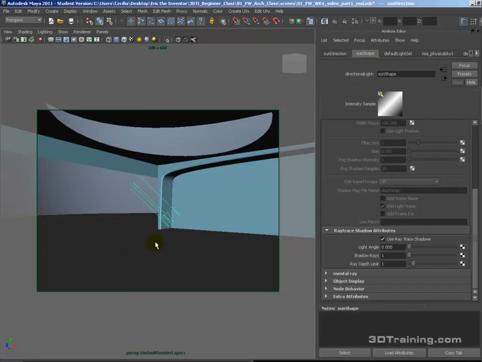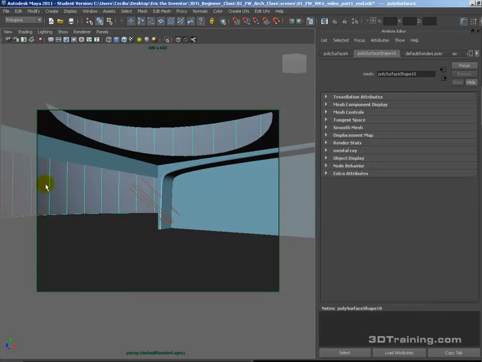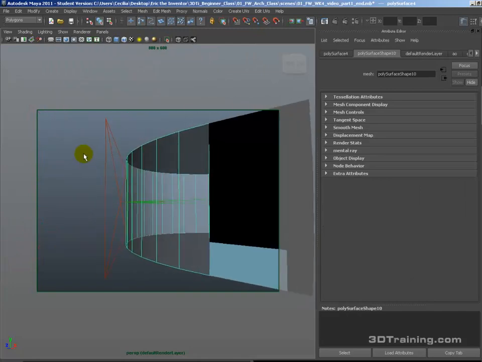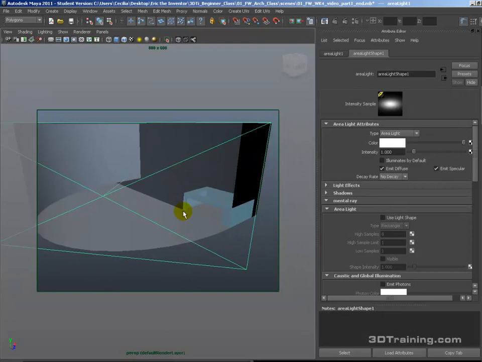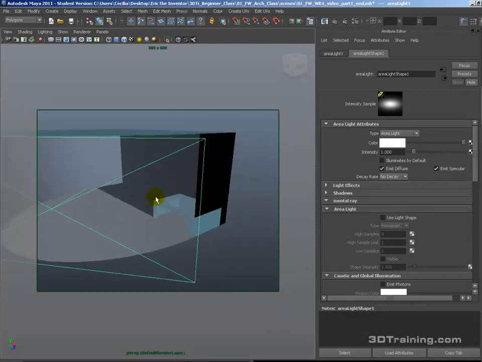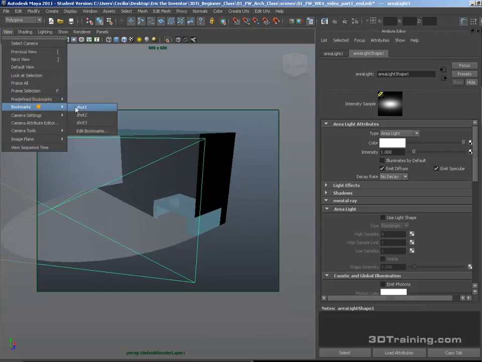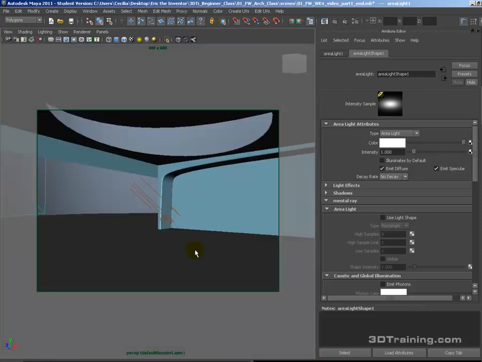Once that's set up, you would then set up the area light through the window that will be replicating the indirect sunlight. Usually it's the exact same size as your window. Once the area light is built, you're going to turn on use as a light shape and make it visible